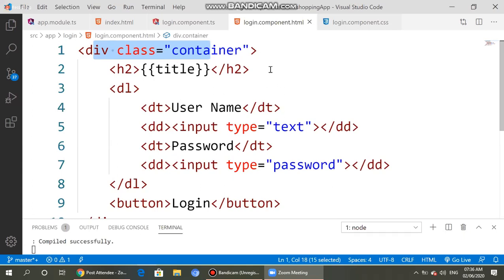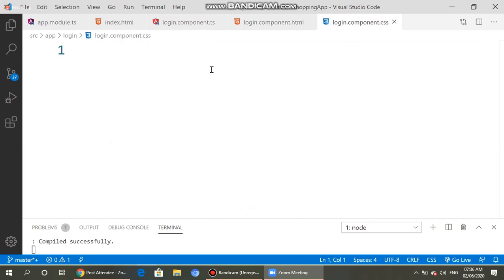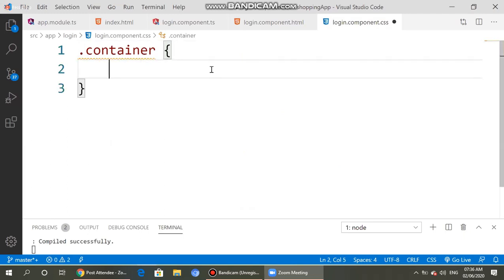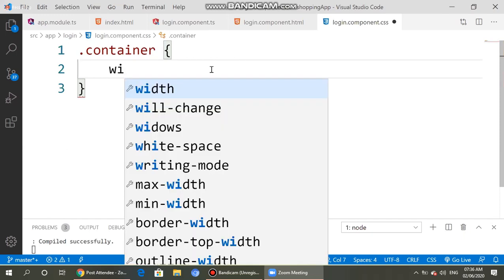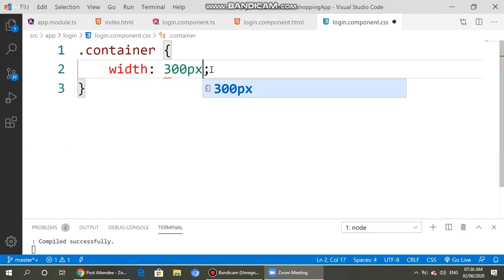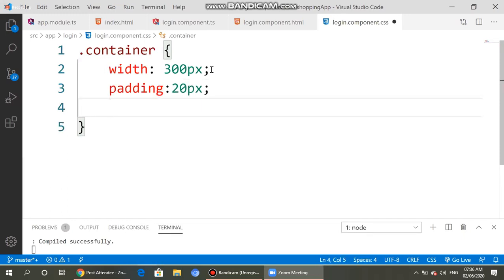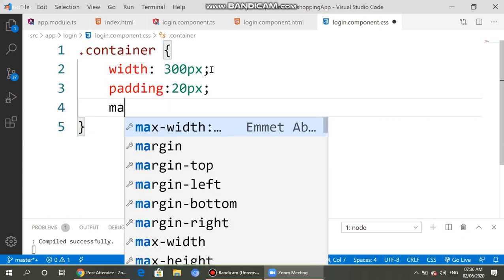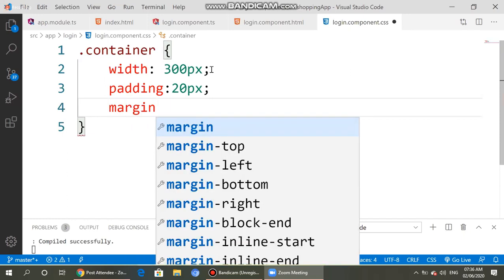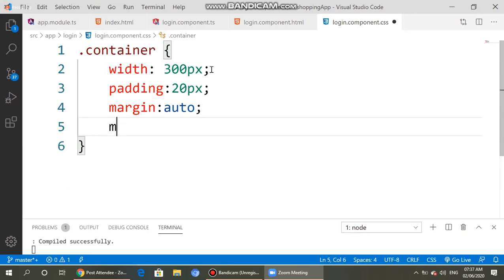Now this is container. I will go to the CSS and here I will put .container. You know CSS. How do we write the CSS? Class, ID, type selectors. For container, I will define a width of 300 pixels, padding of 20 pixels, and margin as auto, and margin top